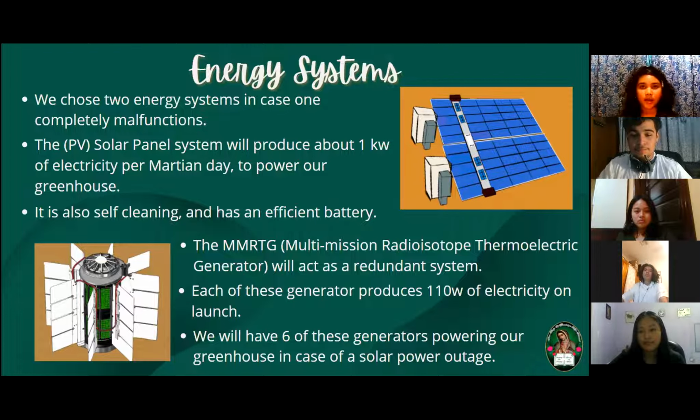And considering the fact that Mars receives about 43% less sunlight than Earth, we will also need a very large solar panel area. It will be around 100 square meters, and each square meter will produce 10 watts of electricity. And because of the frequent dust storms that happen